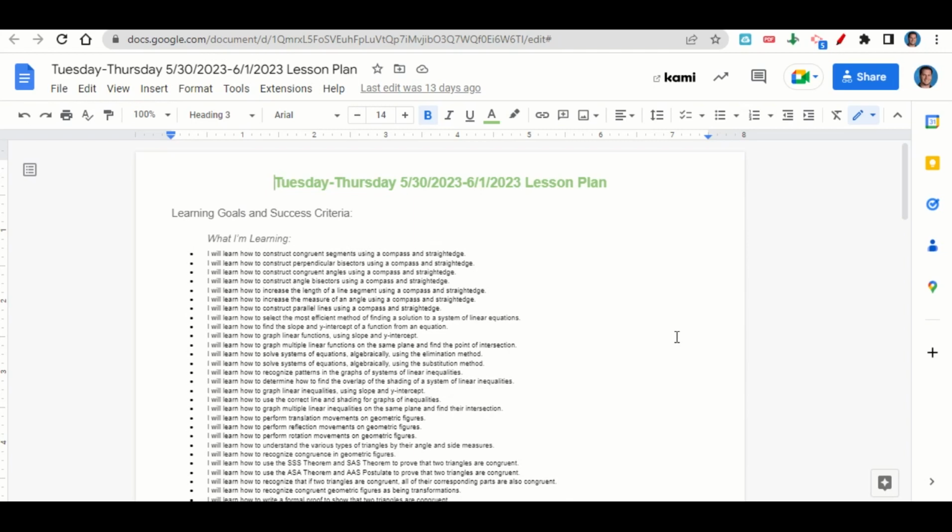We will also be finding how to select the most efficient method of finding a solution for a system of linear equations, how to find the slope and y-intercept of a function from an equation, how to graph linear functions using slope and y-intercept, how to graph multiple linear functions on the same plane and find the point of intersection, how to solve systems of equations algebraically using the elimination and substitution method, how to recognize patterns in the graphs